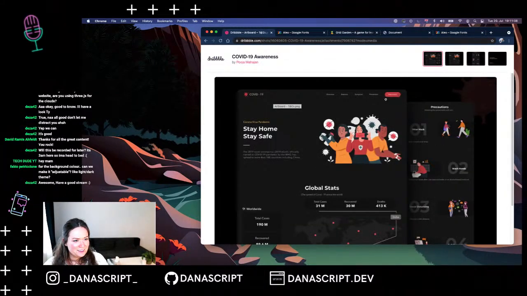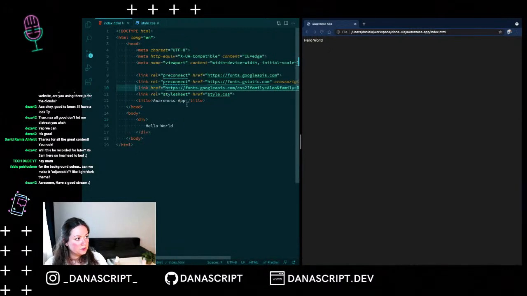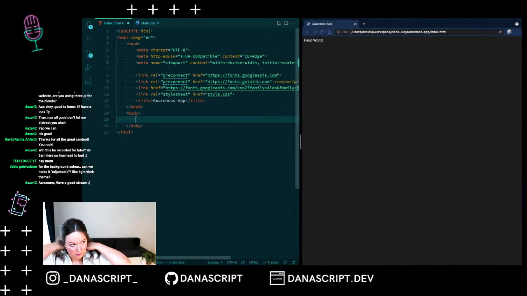Let's start with the navbar. Honestly, I'm extremely tempted to do the navbar in Flexbox. But we're not going to do it in Flexbox. We're going to do it in Grid. So let's save this. Refresh. You see our font changed. All right. So let's remove our hello world div, and we're going to start with our navbar, and it's going to be an element that is called nav,